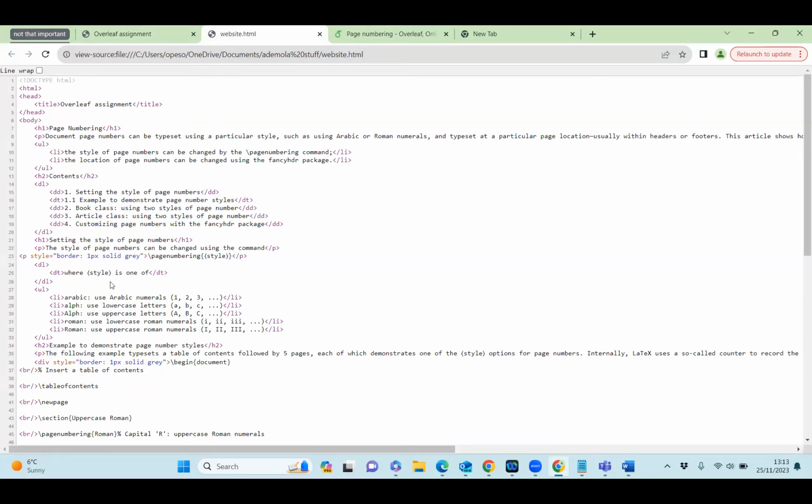A list of one item. Okay, that's great. Could I just use that list, or OL, or UL? Okay. Where you could have used a definition list is